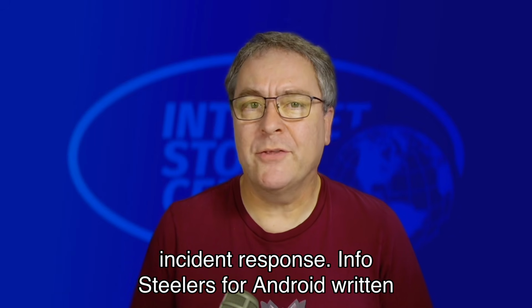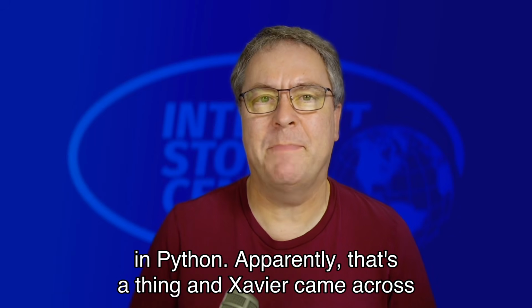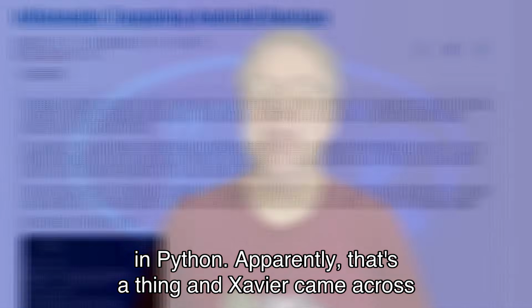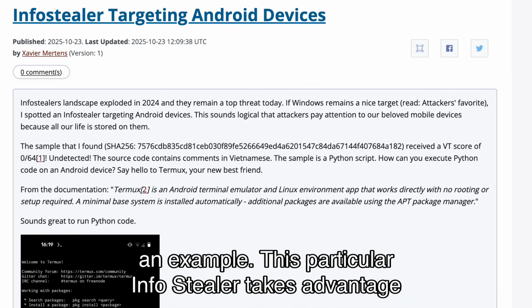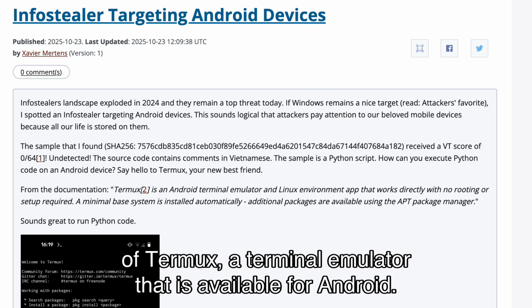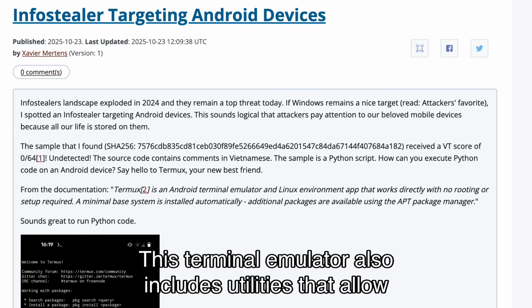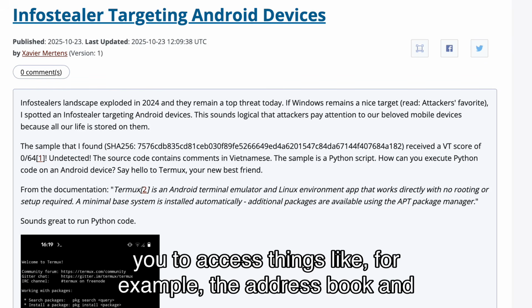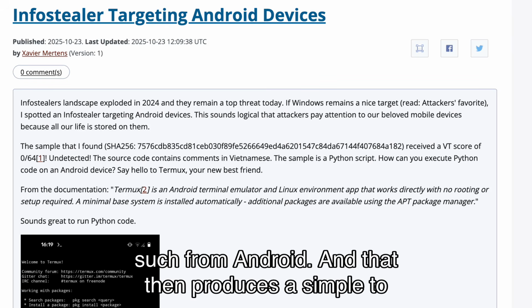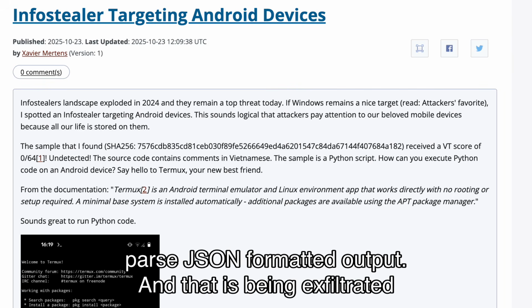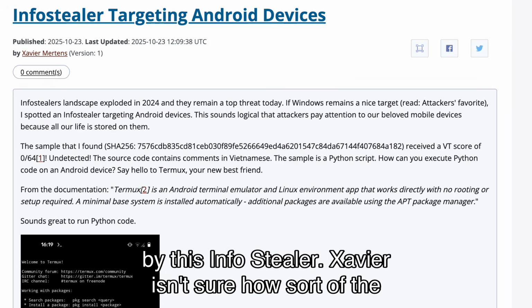Infostealers for Android written in Python. Apparently, that's a thing, and Xavier came across an example. This particular Infostealer takes advantage of Termux, a terminal emulator that is available for Android. This terminal emulator also includes utilities that allow you to access things like, for example, the address book and such from Android. And that then produces a simple to parse JSON formatted output,